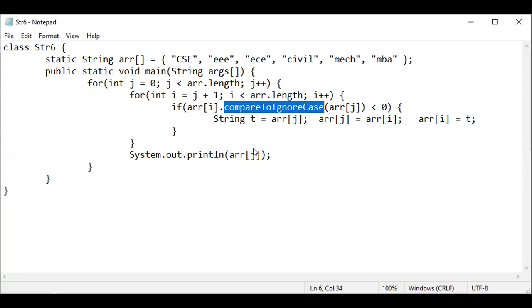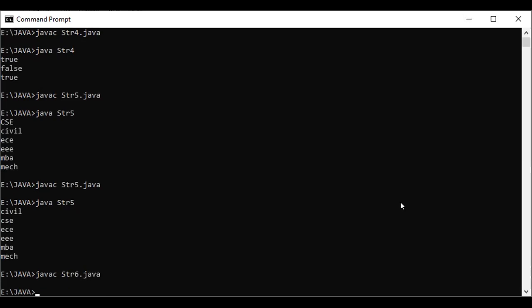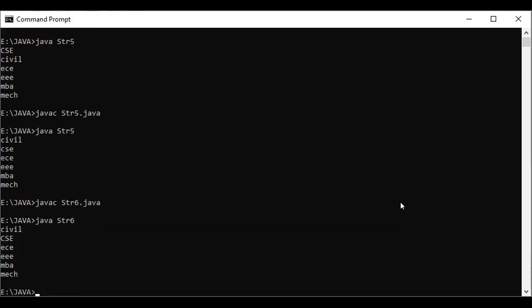I'm going to execute this one, String6, compile. If you observe, even though CSC is uppercase, it is still put in the appropriate place in the sorting. Understood?